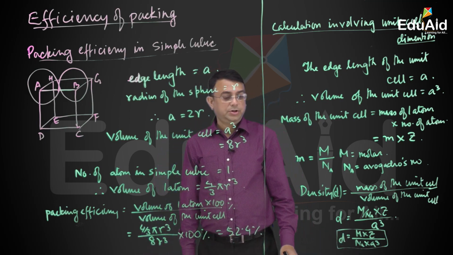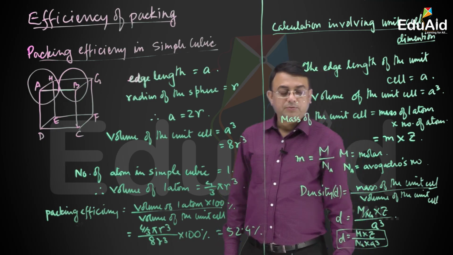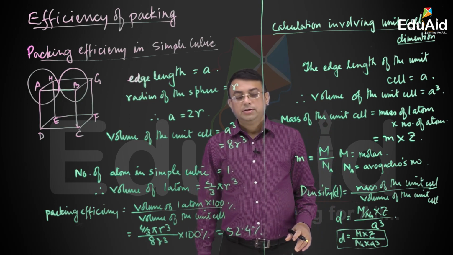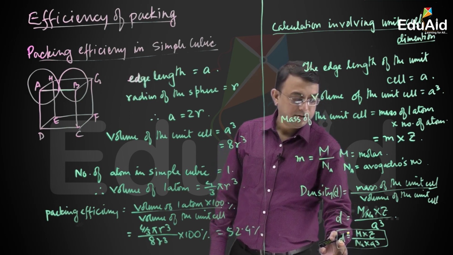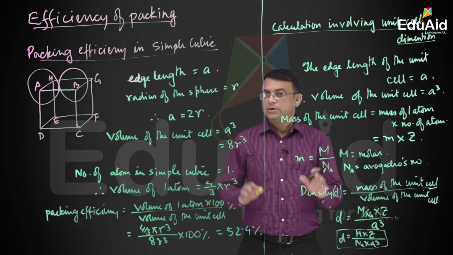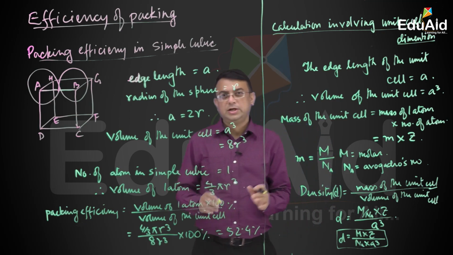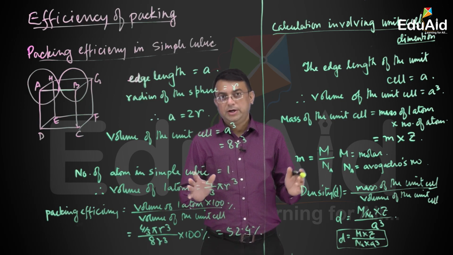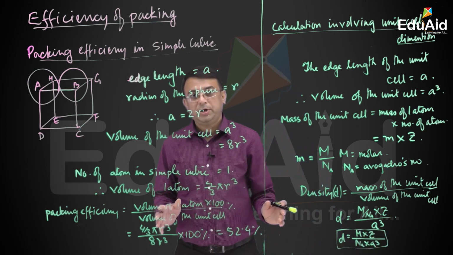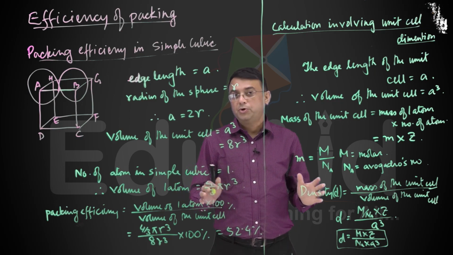That will give you the relation between the density, mass and volume of the unit cell with the edge length A. Alright, so up to this much we have seen that we can find out the density of the unit cell, we can find out the efficiency of packing, we can look at almost all the parts of the closed pack structure and all the unit cell types and whatever solid state is covered here. Hope you have understood this part, and if you have some questions, you can find it from the books if you have to learn something more about this. Alright.